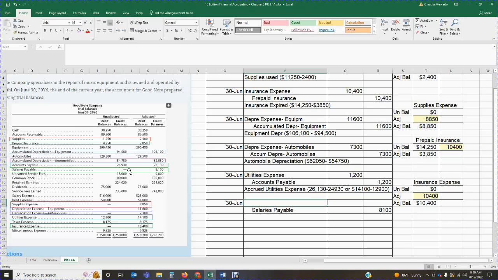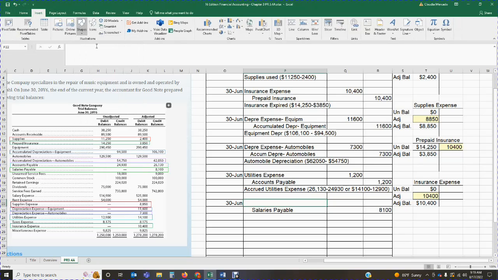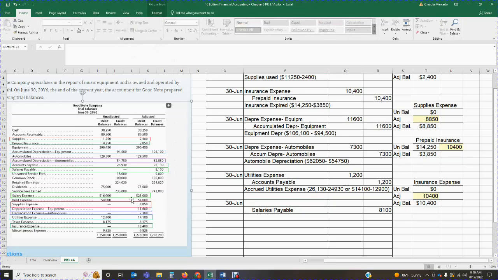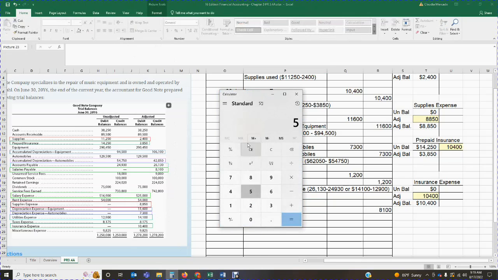Okay, so we've got our salaries payable increasing from 0 to 8,100 credits, so that means my account got credited by 8,100. Now we need to go look at the offset. Now let's look at our salary expense account. My salary expense account had a balance of $516,900, and then now it has a balance of $525. So it increased by